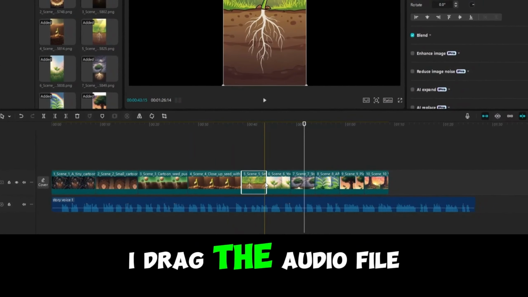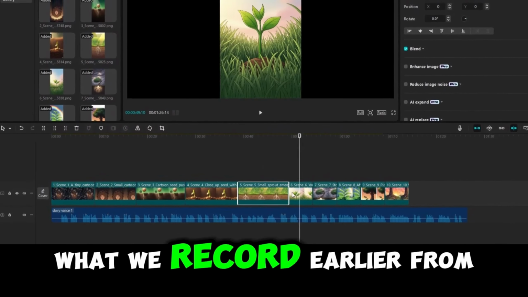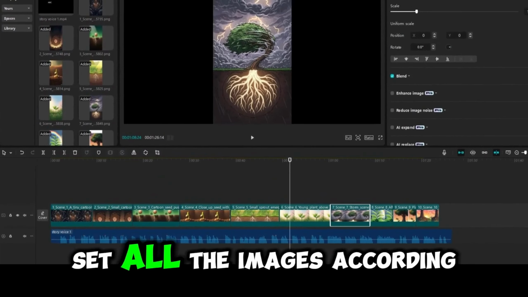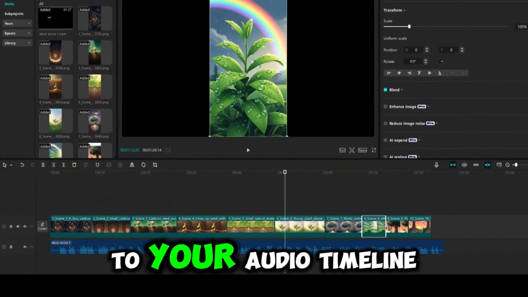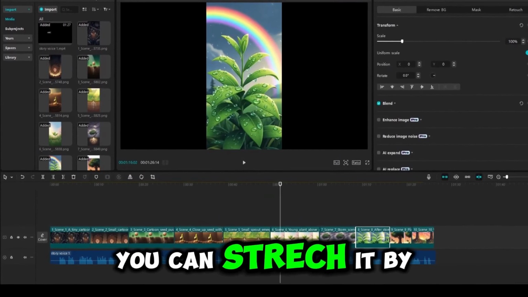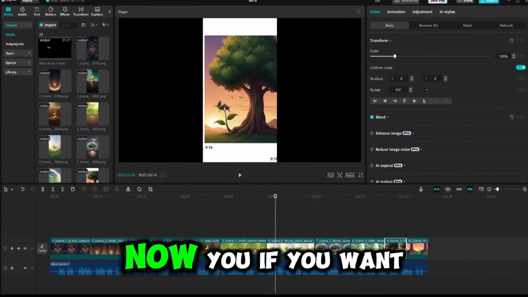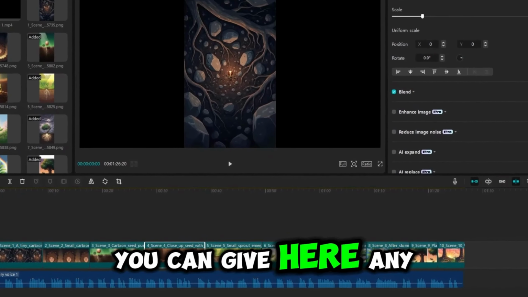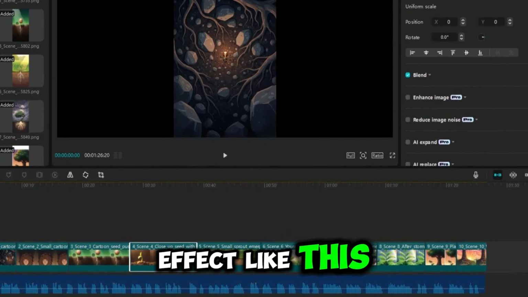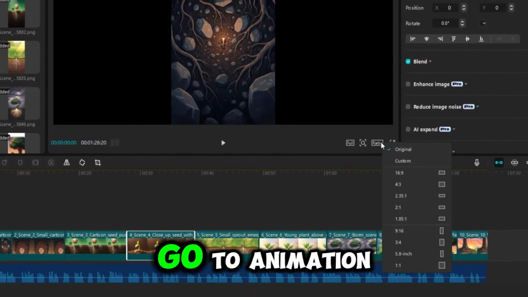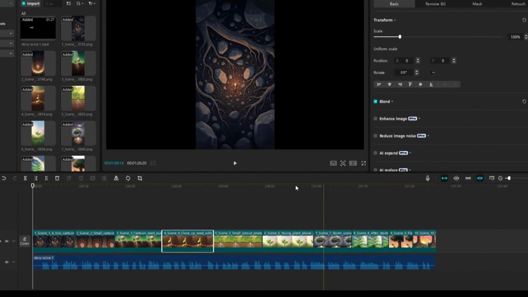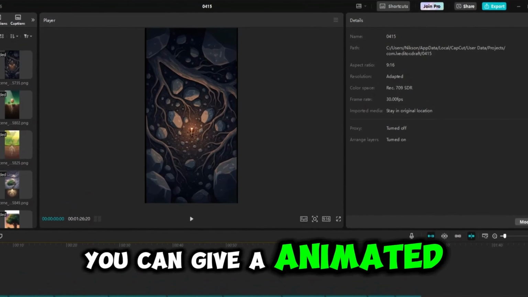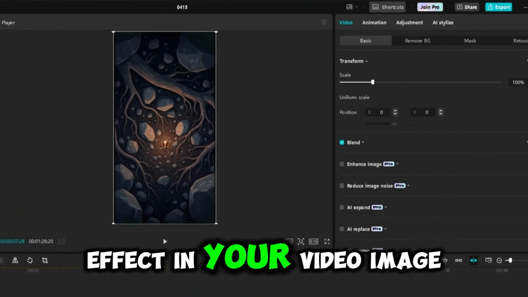I drag the audio file that we recorded earlier from 11 Labs. Then here set all the images according to your audio timeline. You can stretch it by the time. Now if you want, you can give here any effect like this. Just select an image and go to animation. And this way you can give an animated effect to your video image like this,